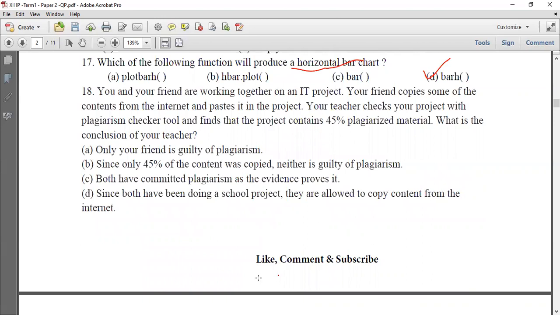Since only 50% of the content was copied, neither is guilty of plagiarism. Both have committed plagiarism as the evidence proves it. Since both are doing a school project, they are allowed to copy the content. Even though the friend had copied, you also submitted the same thing to the teacher without changing it. So you both have committed plagiarism because it's working as a team.